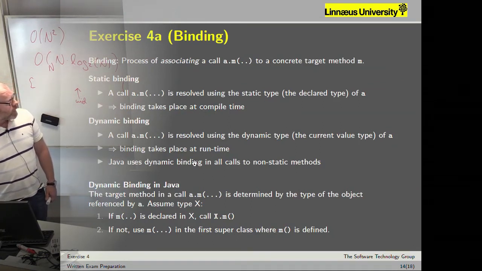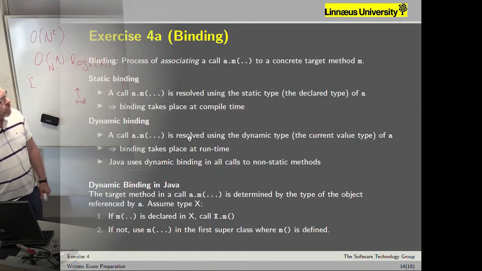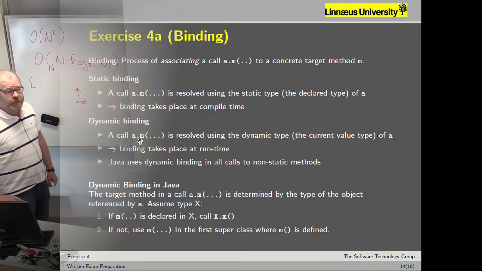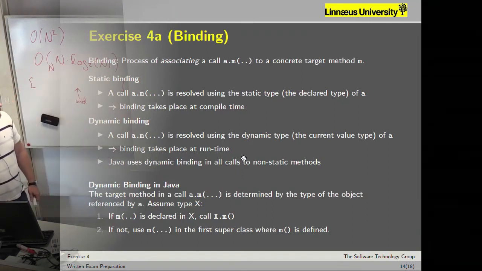Java uses dynamic binding in all codes to non-static methods. So the standard case in Java is dynamic binding. That means at runtime we are deciding where to jump next when we see a call like this. And the rules,